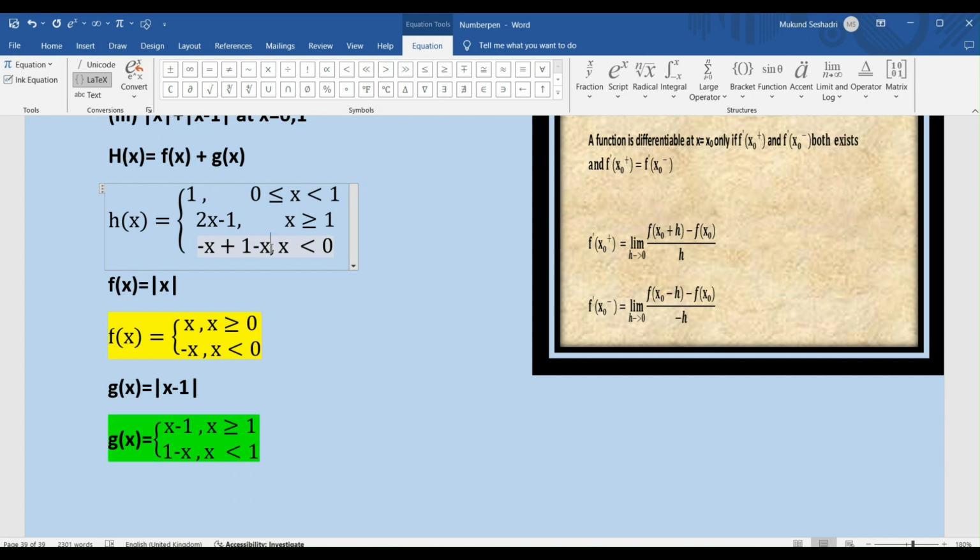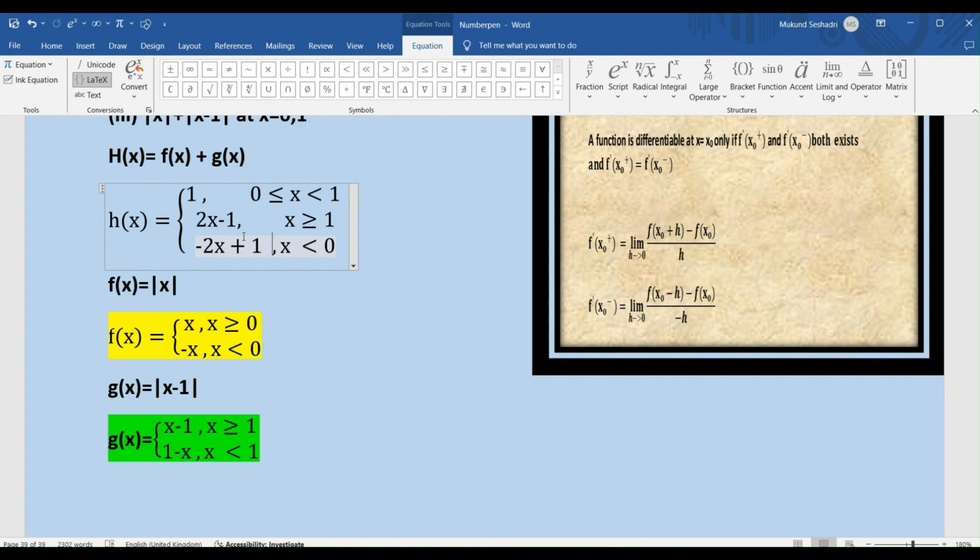And when I rewrite this, I get minus 2x plus 1, right? This is how we write this equation. H of x equals 1 in the domain 0 lesser than or equal to x lesser than 1, 2x minus 1 for x greater than or equal to 1, right? And we have minus 2x plus 1 for x less than 0, right? So